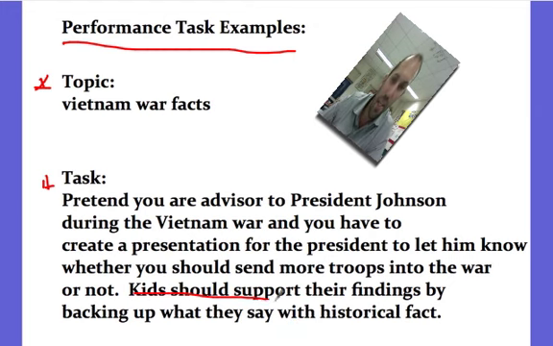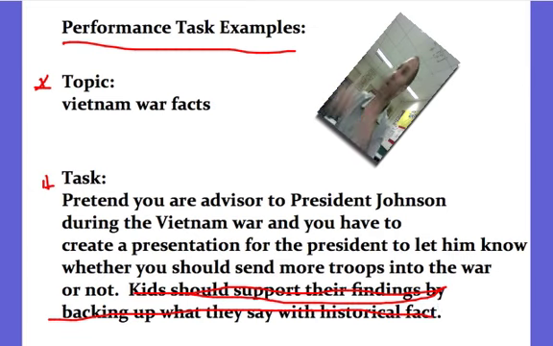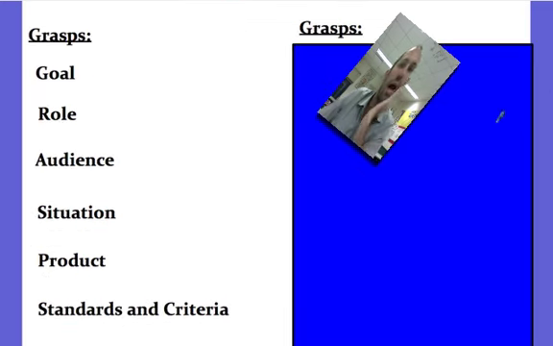This might not be necessary to put in there. They should just understand that they're going to be using facts in there, what they've learned. So we taught them all about the Vietnam War, why we should send troops, what we're really doing there, and the students will advise the president whether he should go now. So they're using what they learned, they're using these random history facts, and they're going to apply them to a situation just like this.